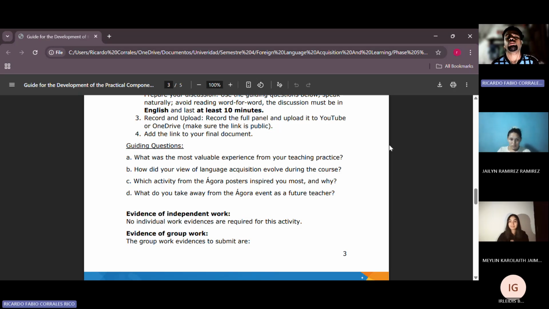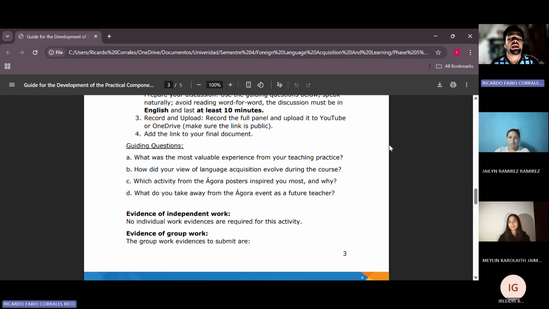I remember one of the posters that presented dancing or singing activities, and I really love that and would like to someday do it with my future students. I really enjoyed all those posters from my college.